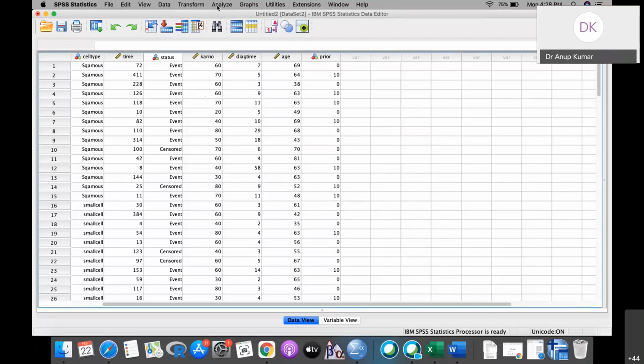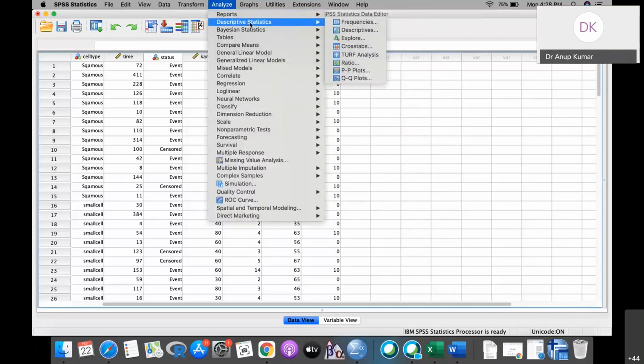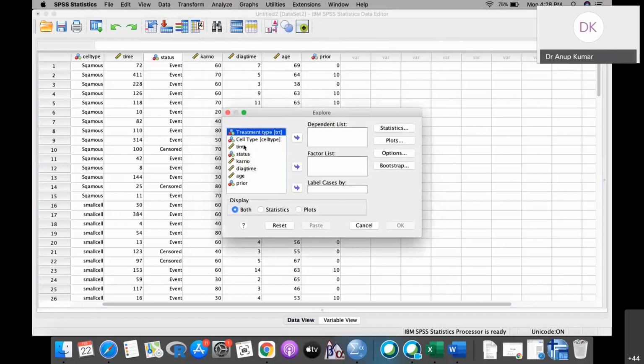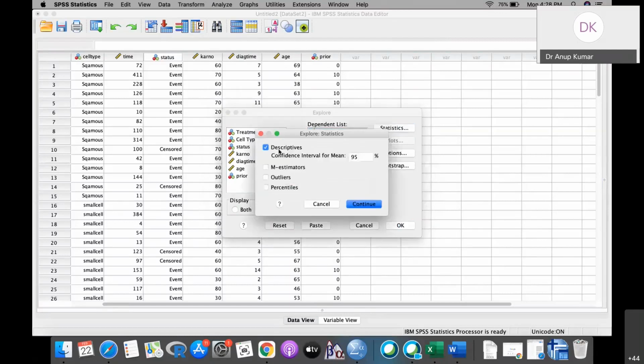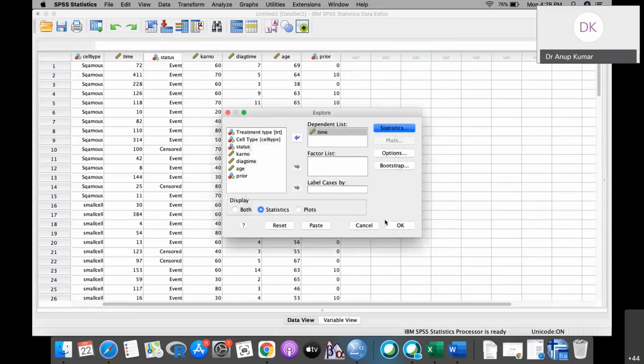So we go to Analyze, Descriptive Statistics, and in Explore we simply put our time variable here, and we need statistics. In statistics we need descriptive statistics, to see if there are some outliers or not, and the confidence interval of the mean. Continue and click OK.